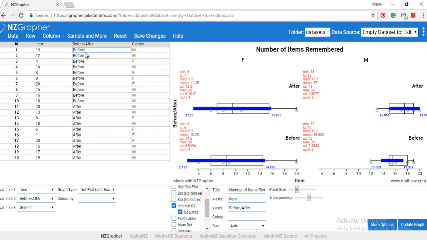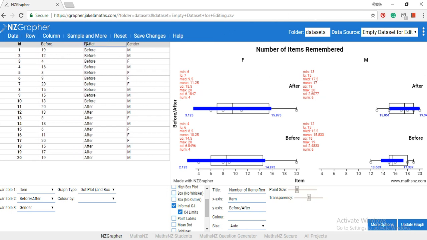Okay, so we're going to have to change this title at the top here to before, and this title at the top here goes to after. Alright, and we can keep gender the same, but these columns here, all of the before here is going to go here. Okay, get rid of all of these cells here,